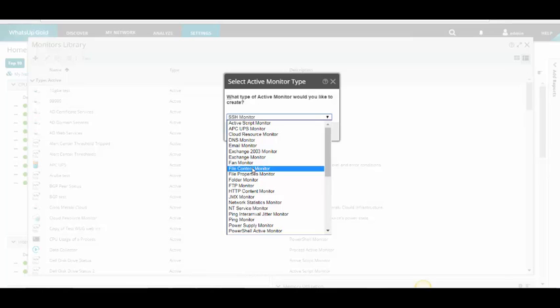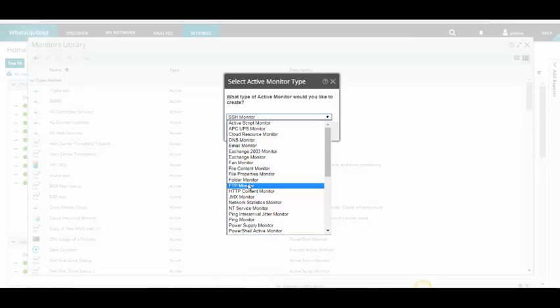We can interrogate a log file or a text file with this file content monitor and look for those occurrences and monitor based on that. We have file and folder monitors, and those give us the ability to look at either application mandatory files or folders or security mandatory files or folders, and that could be for things like last date modified, present size, does it exist, checksum.